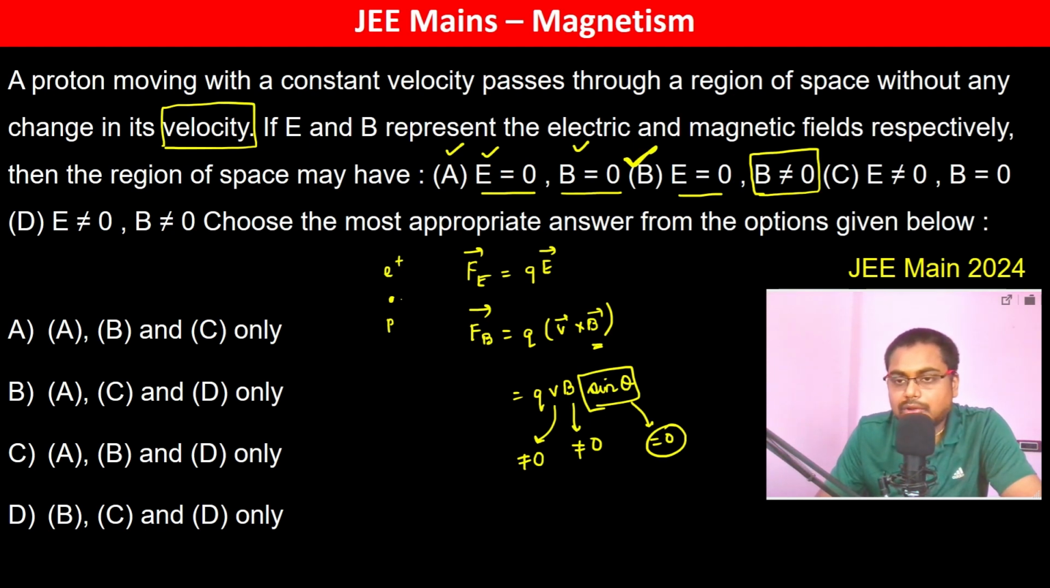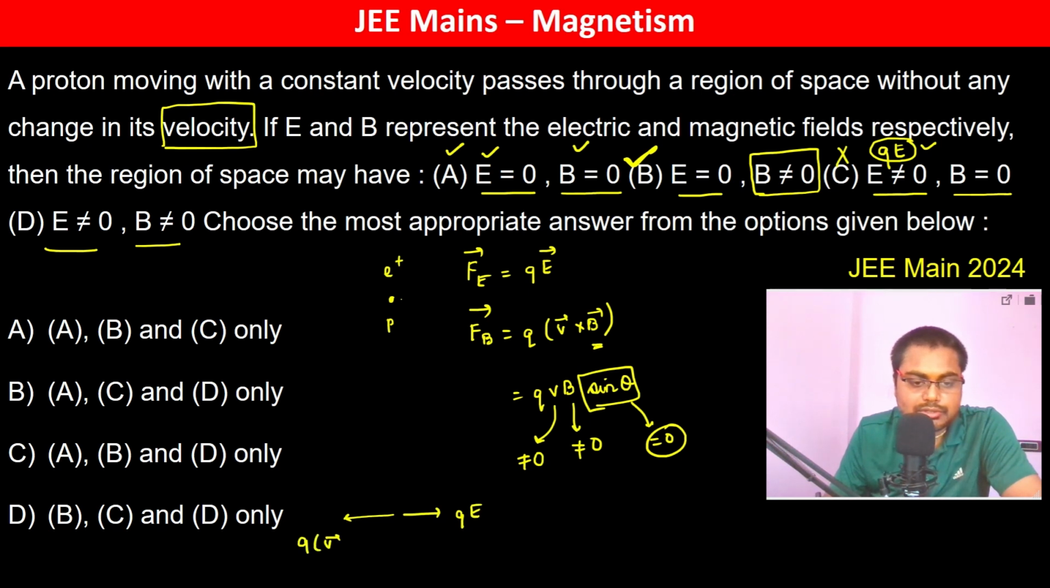Now electric field is not 0 and B is equal to 0. In this case the force QE will not be 0, so this is gone. And both E not equal to 0 and B not equal to 0. Yes, this is also possible, because now QE in this direction, Q into V cross B in this direction, net force is going to be 0. So therefore this also can be there. So just option C will not be there, but A, B and D are possible. So therefore C is the